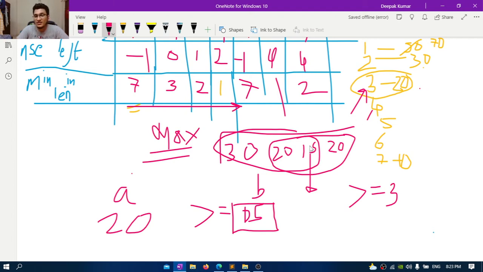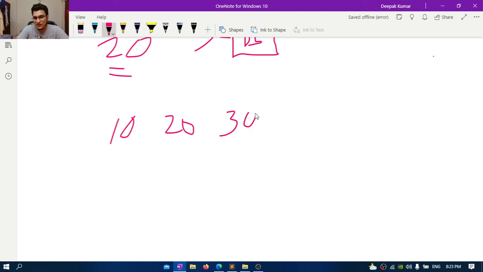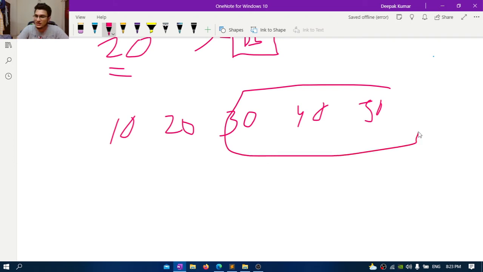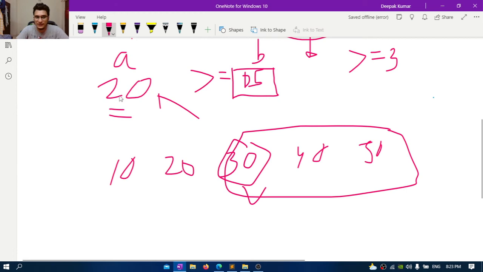And if you're saying that the value here, if it is 45, so in that case, you're considering that there could be a case in which the answer is not 20, for example, 10, 20, 30, 40, and 50. In this case the length is 3 and the answer is 30. So in this case the answer is 30, which is correct. But originally, this value after all this calculation will come out to be 30 only. It is 30.